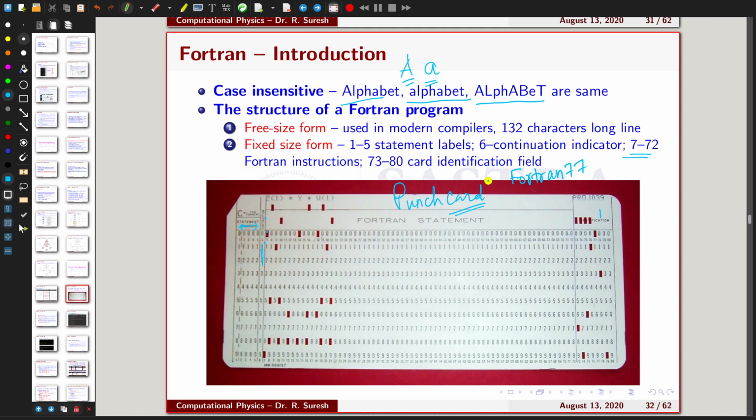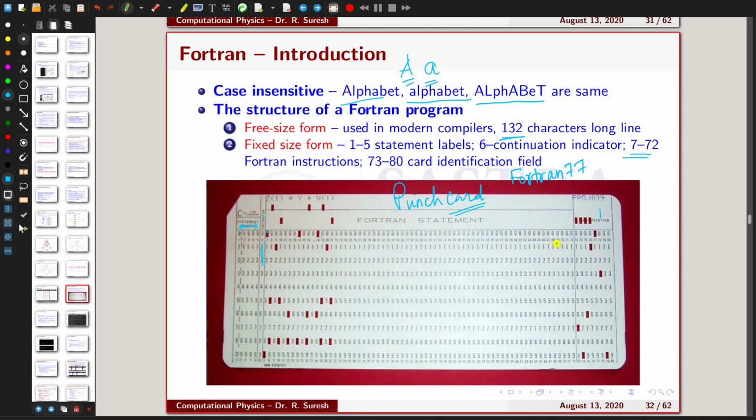The latest Fortran compilers or versions have a free size form. That means you can write the code from the very first column, and you can write instructions up to 132 characters long in a single line.